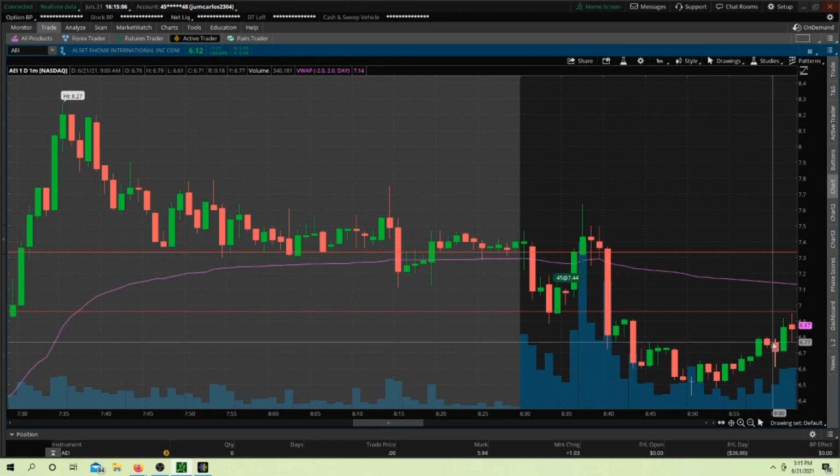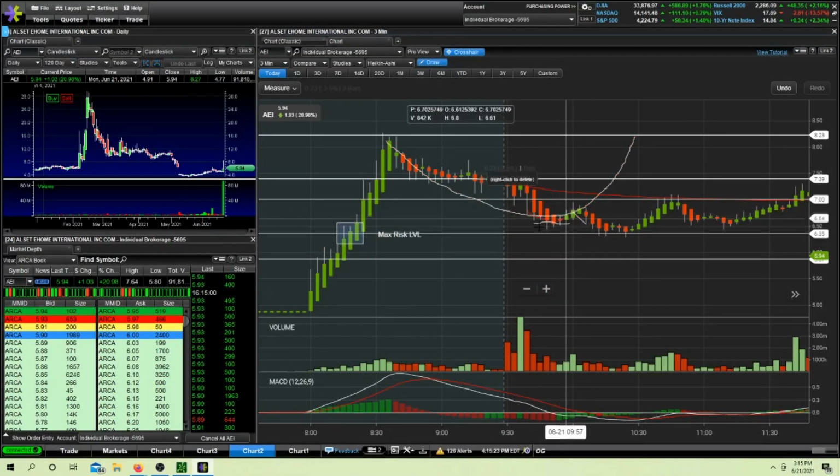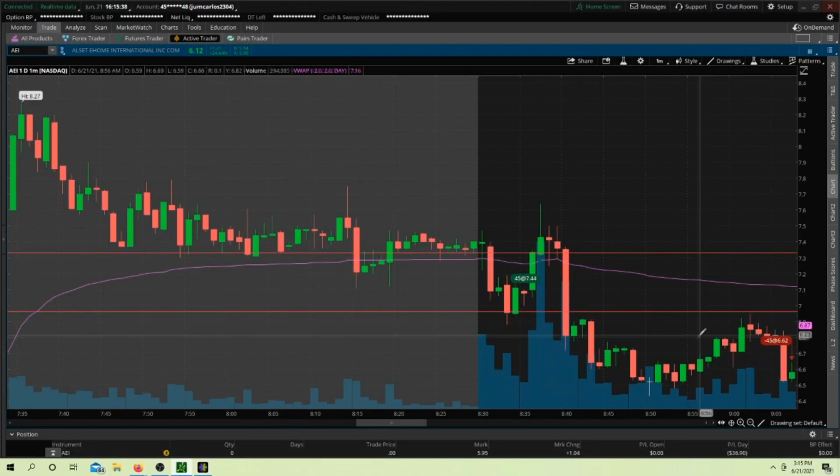And right around here, I thought the momentum was going to keep on going down, and then this was going to be the dip, and then it was going to rip up and break that right here. And so I think right around here I get some at like 677, right around 10 o'clock or so. And this risk was to cut off at like 635, and what my plan was, again, I'm in right around here, and